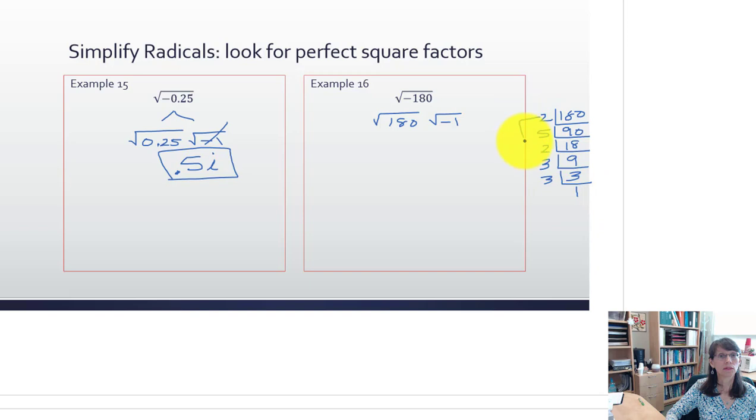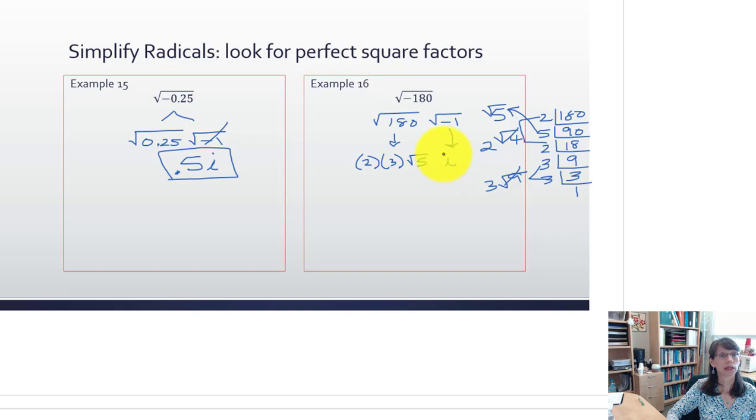So I can see I have a set of 2's. 2 times 2 would give me square root of 4, and 3 times 3 gives me square root of 9. And then I've got this 5 all by itself, so that's going to be a square root of 5. We know that the square root of 4 is 2, the square root of 9 is 3. So 180 is going to break down into 2 times 3 times square root of 5, and square root of